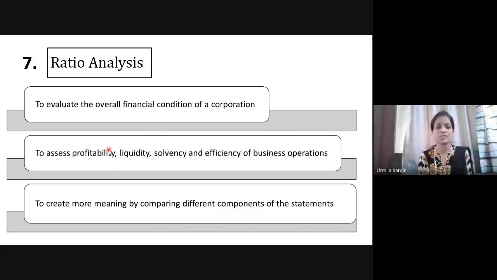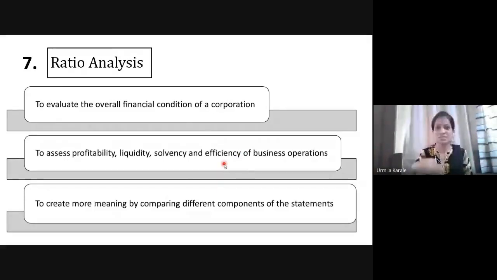Now, financial condition alone is not going to help you understand the company's performance, but also how many resources the company has and how effectively and efficiently it is using them. That we are going to talk about in this particular set of ratios. How efficiently is the company able to convert investments done by it into sales, right? We are comparing most of the investments done with the sales. How effectively these investments are turning into sales is judged by efficiency or turnover ratios.